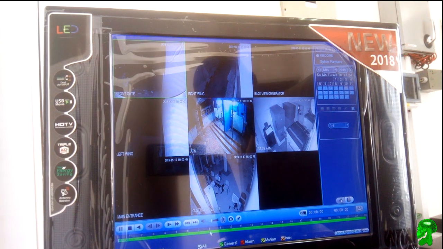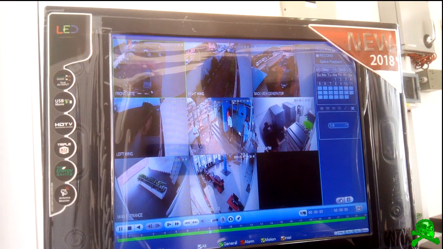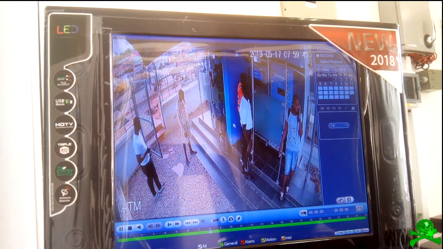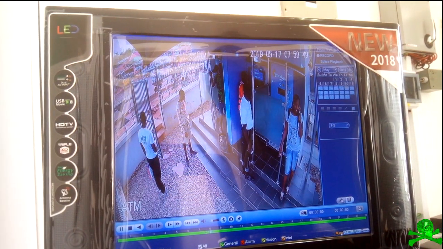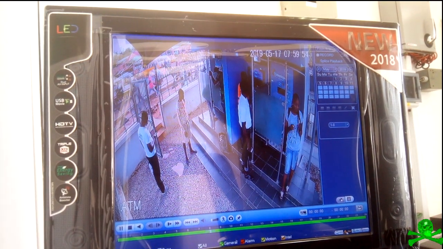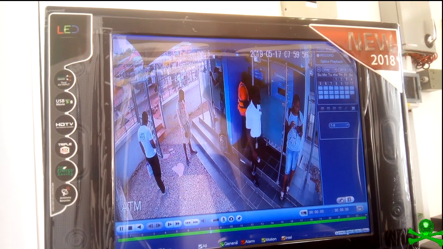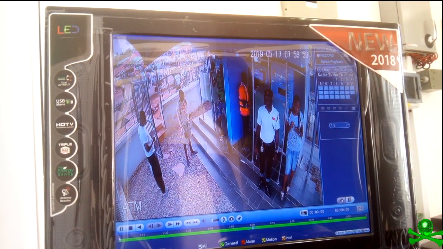From here, you can just drag your mouse and click on it. Automatically, the event has jumped. But if you want to see only this particular event, you can double click on it and it becomes larger to see what's really happening. From here, you can come here to see the quick events. Let's say maybe you want to check what is happening within a 2-hour window. You can click here, and the event we are having now is just 2 hours,